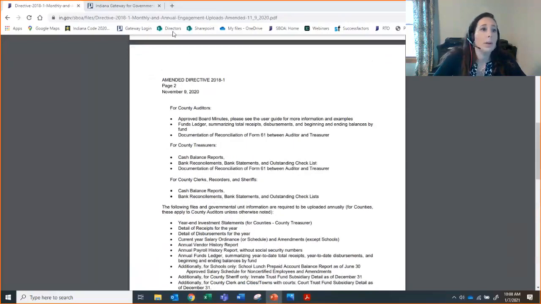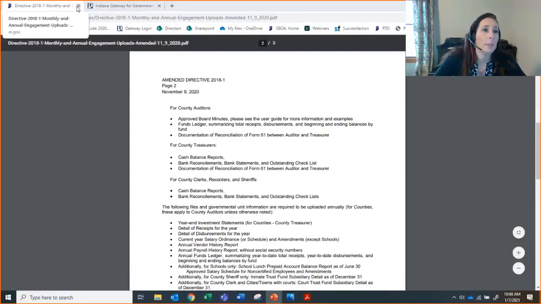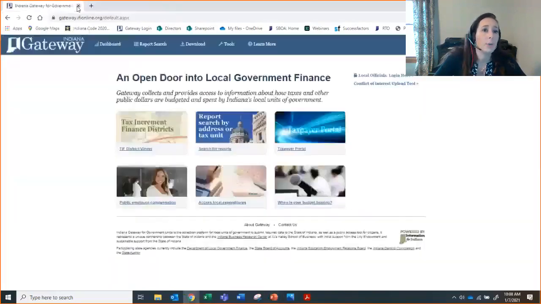So when we are doing Gateway, to get started, you have to get access. We sort of talked about this in December, though I'm pretty sure you couldn't have gotten access until January because the prior official was still the official until December 31st. And so if you have not gained access yet, all you need to do is email